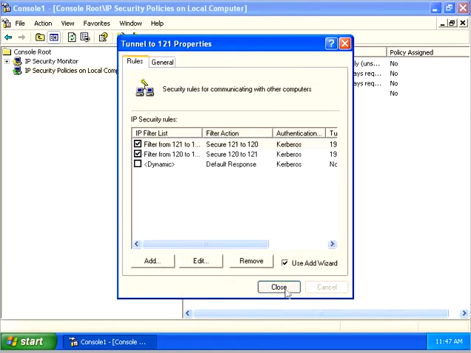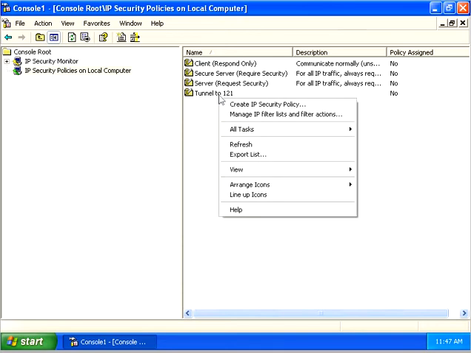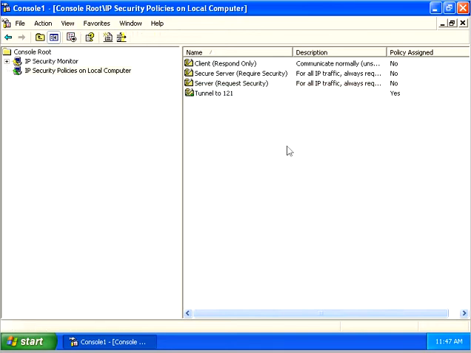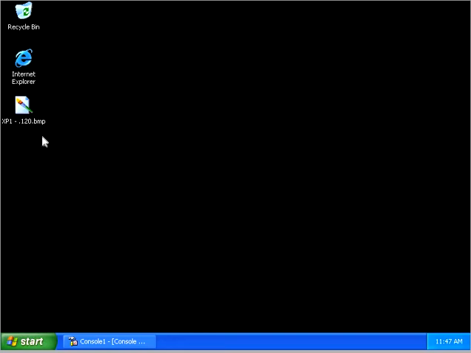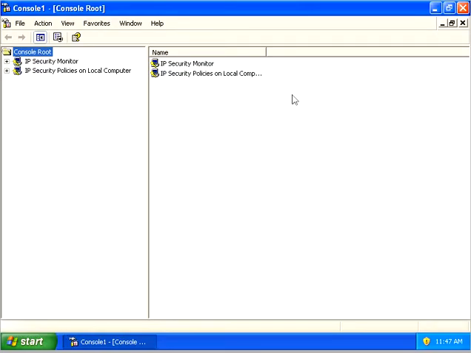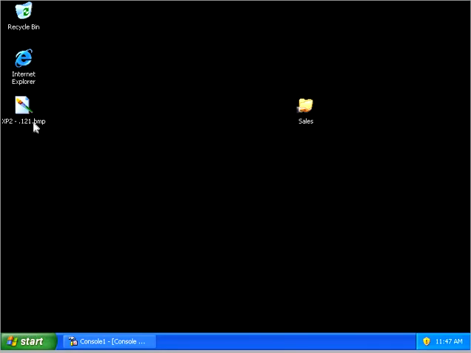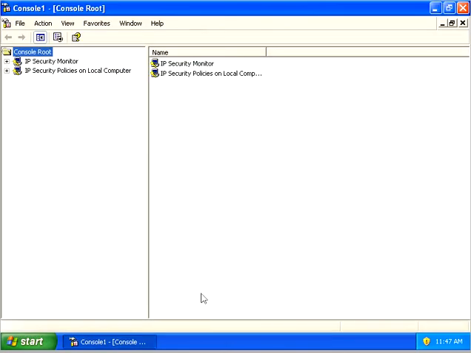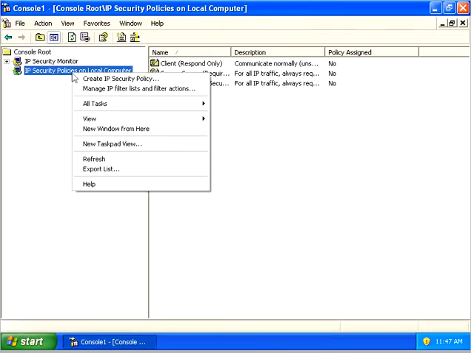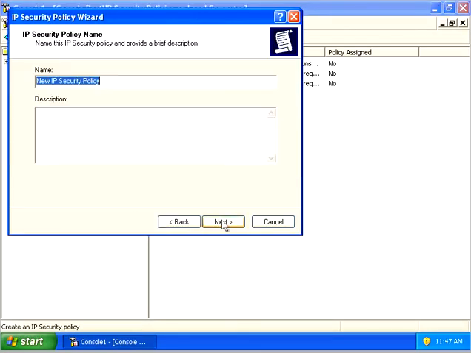And close. And let's go ahead now and assign this policy to the machine. Now what I'm going to do is minimize this, and jump from my 120 machine now to my 121 machine. And we're going to go in and do the same exact thing. We're going to make a new IPSec policy, and we're going to call this